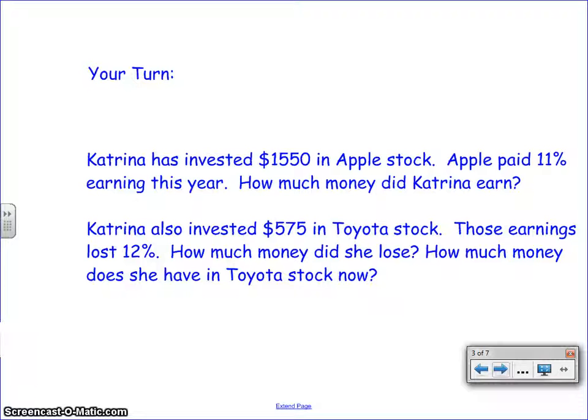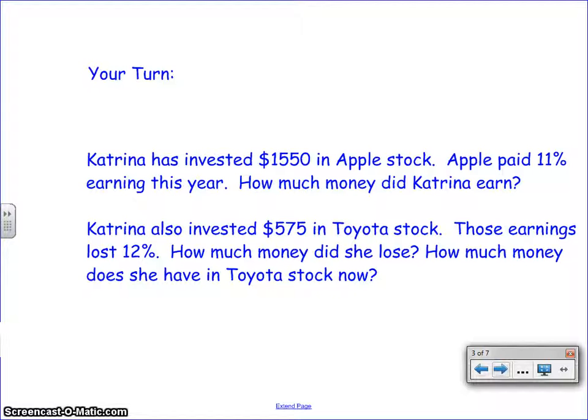So she's going to make some money when she invested in Apple stock, but she also invested in Toyota stock, which took a downfall this year because of the tsunami. So she invested $575 in her Toyota stocks. These earnings lost 12%. How much money did she lose? How much money does she have in Toyota